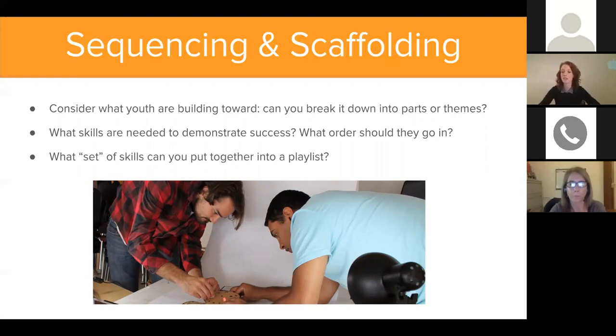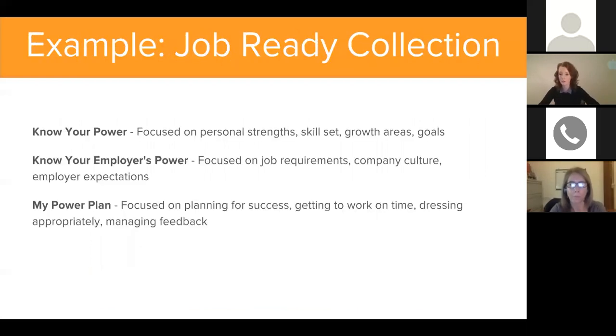So let's look at the example of the Job Ready collection. Like I said, this is a large amount of ideas, of things that youth needed to understand for a 6 to 8 week job experience. And so the way we broke it down was these 3 themes. Know your power, so focused on youth being able to demonstrate their personal strengths, articulate their skills and their long-term goals. And then